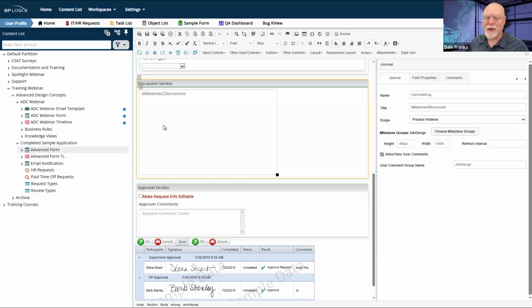The second important thing about the journal control is that it does record milestones. And as we say in that webinar, milestones are really business events, not so much process events. We know what process events are occurring. We know that activity 1 has concluded. We know that activity 2 is now started.